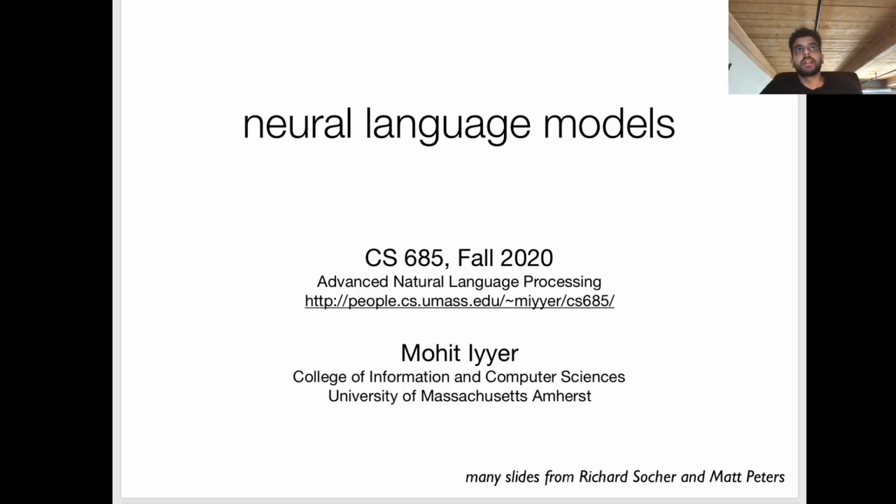Okay, hey everyone. Today we're going to be talking about neural language models. So continuing the topic from the previous lecture of language modeling, but now extending it to a more complex class of models that essentially converts the problem from counting and then normalizing, as we saw with n-gram models, to learning a model to predict the next word given a representation of the prefix.